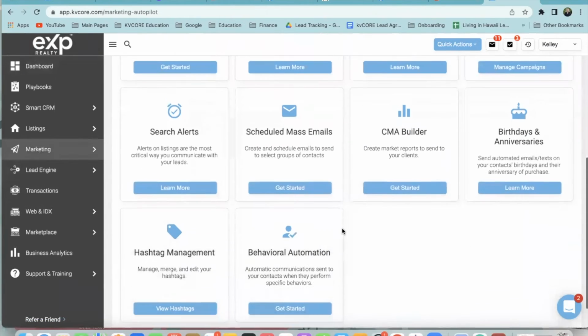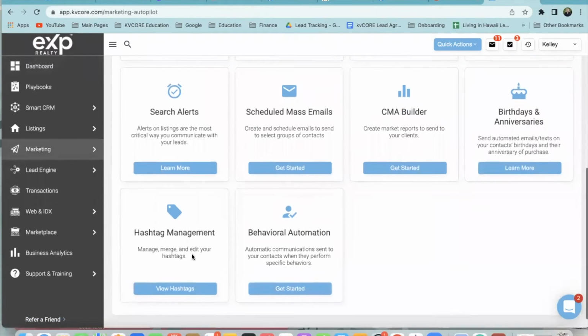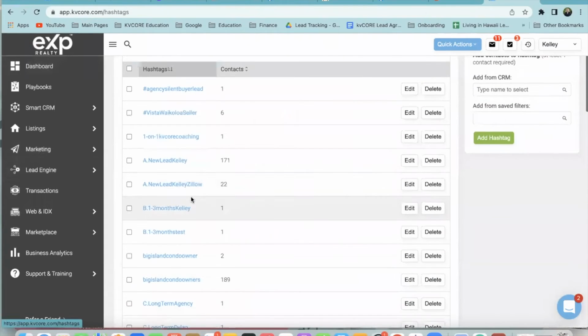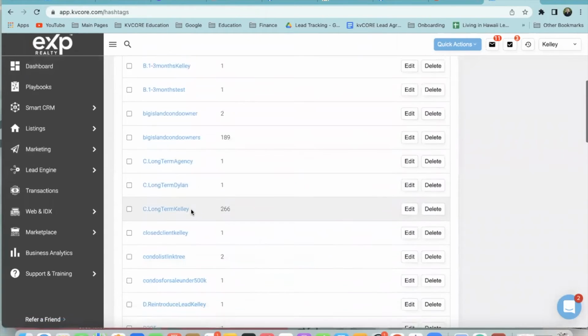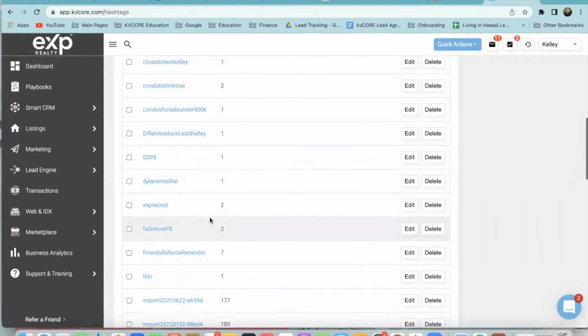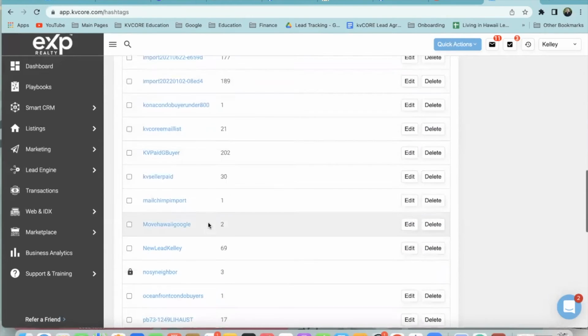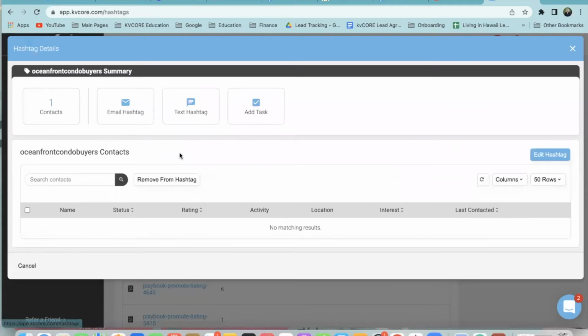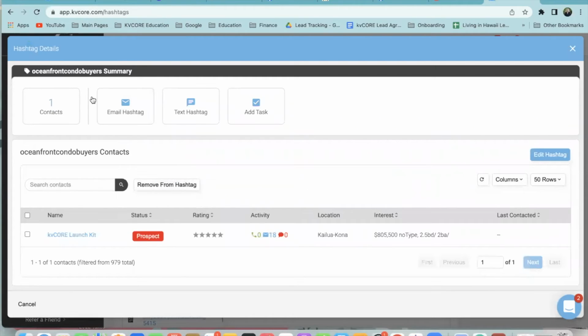You scroll down here, hashtag management, view hashtag, and here's all my hashtags I've created. So I can find them and say it's oceanfront. I can find anybody with this hashtag. I can click it. Say I had 20 people and I can send them an email together or a text together